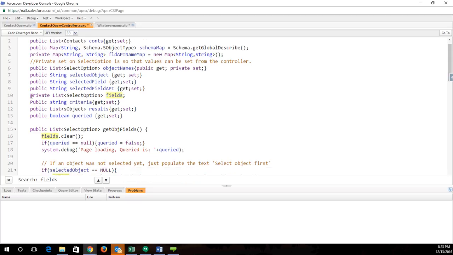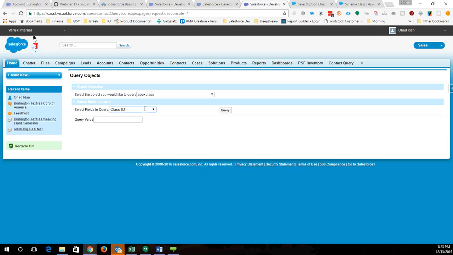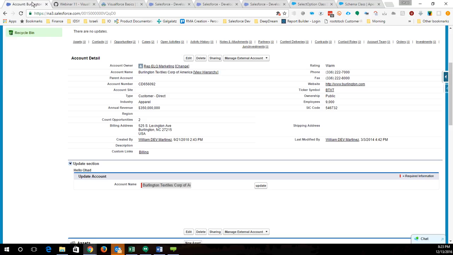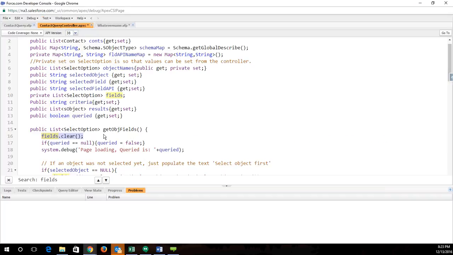Right? It's a private list of select option called fields. And the first thing that I do is I clear it. I empty it out. Why do I do that? Right now I'm on Apex class and I have all of these values. If I change now to account, I can see that all the previous values disappeared and I only have the account fields. If I did not clear that list at first,